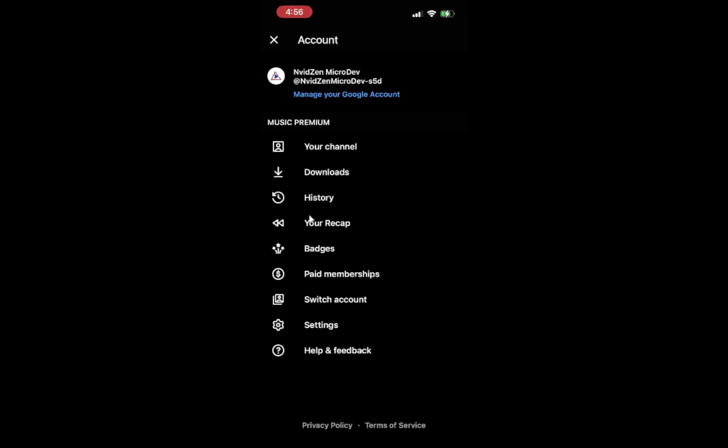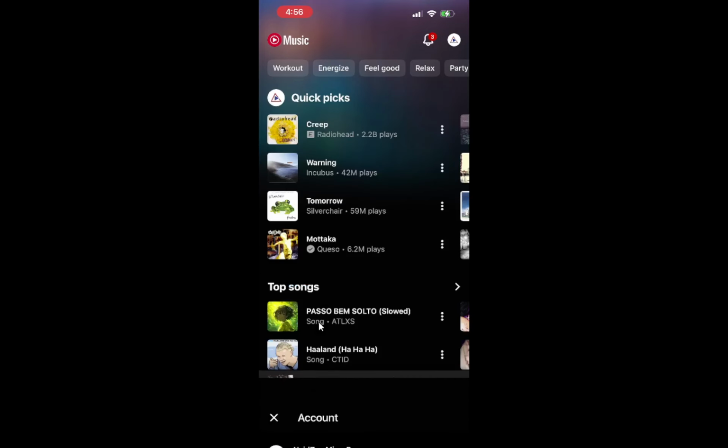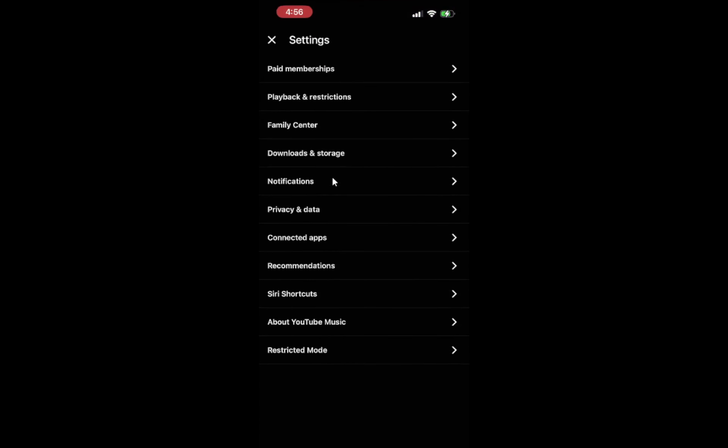This opens a full-screen list of options you can scroll through. Settings in YouTube Music control how the app behaves on your device, such as playback, downloads, and privacy. A common beginner mistake is to look for history controls on the home screen, but they live here instead. From there, the next tap depends on your device.